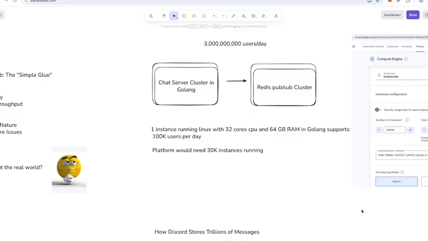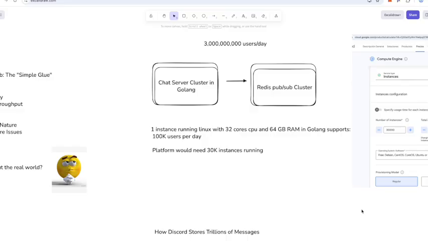Given some benchmarks, one instance running Linux with a 32 core CPU and 64 GB RAM in Golang supports about 100,000 users per day.